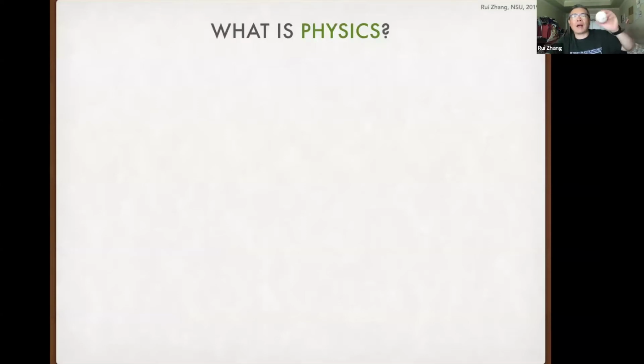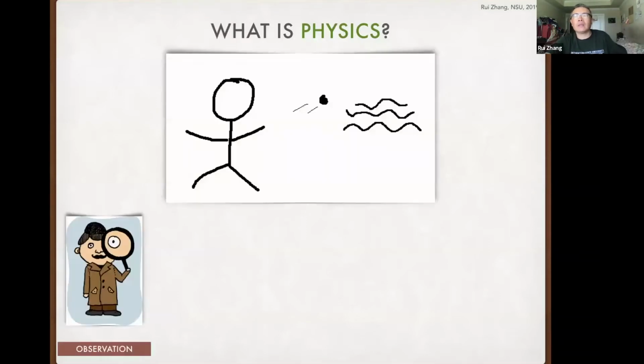For example, I have this ball here. It's the same thing as throwing a stone. If you throw this thing, it's going to go like this. That's what you're going to observe. So if I throw it again, maybe another stone, again you'll see something like this, more or less.